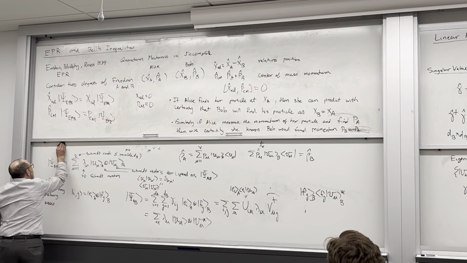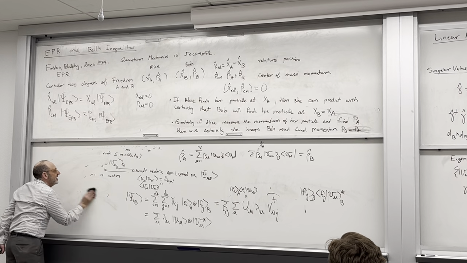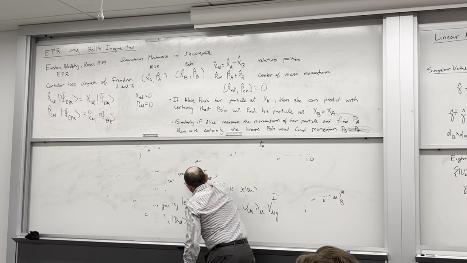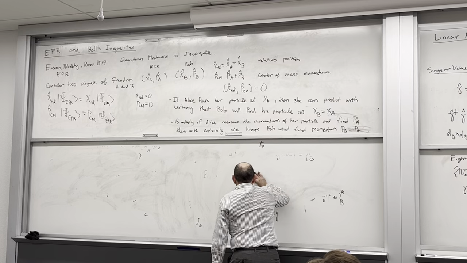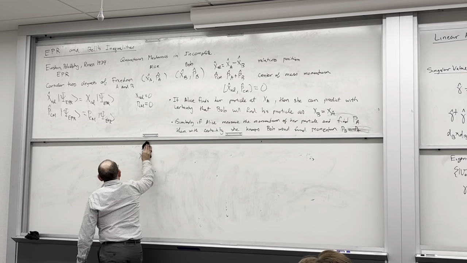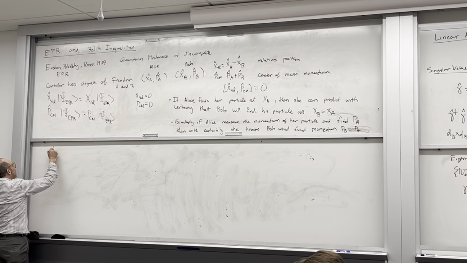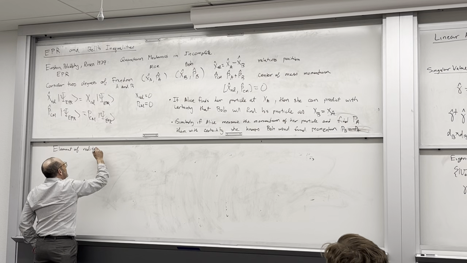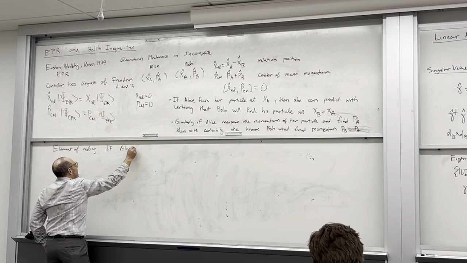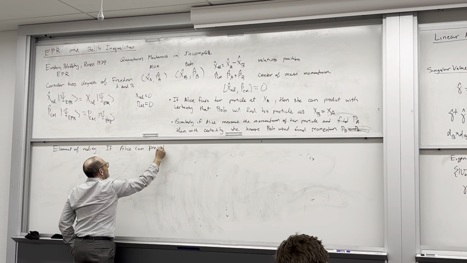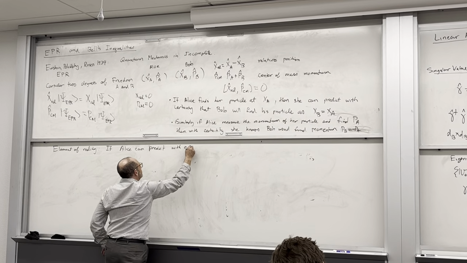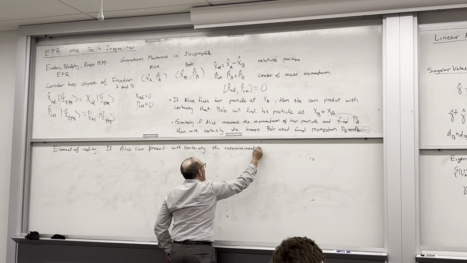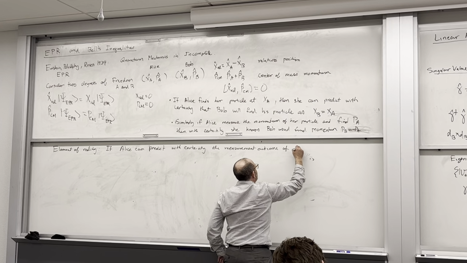But the fact that he could predict what I was going to see, and the fact that, so let me just write this one other important idea that came out of EPR, which is the notion of an element of reality, which is to say, if Alice can predict with certainty the measurement outcome of Bob,